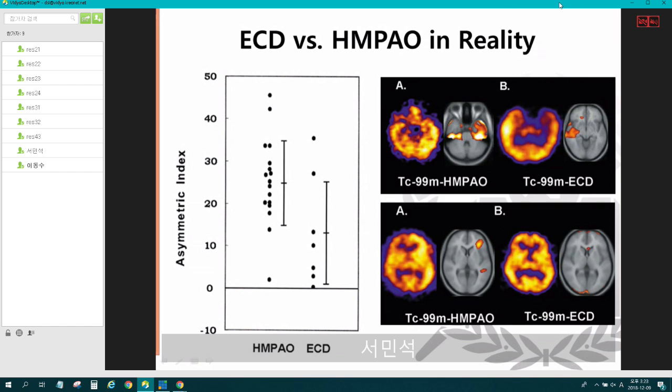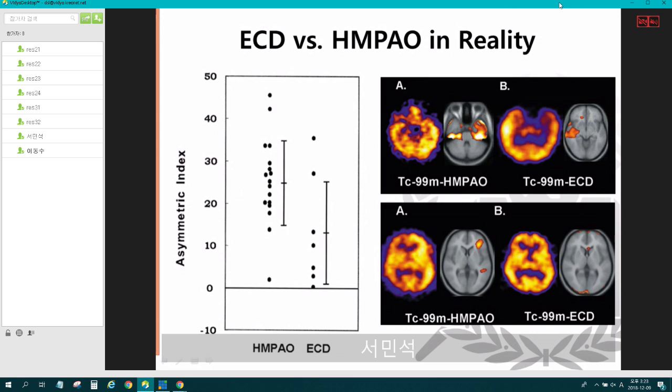However, in the literature, that kind of positive bias was not corrected. Except for our paper published in Epilepsia, most of the papers are just promoting ECD. They might have received some rebate from the company. No, I don't think so.